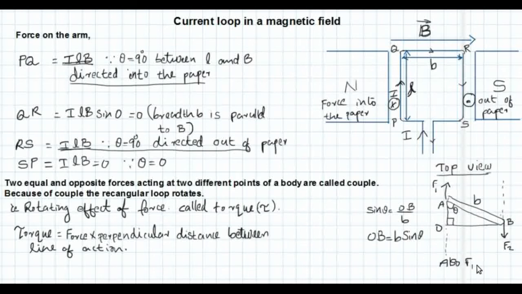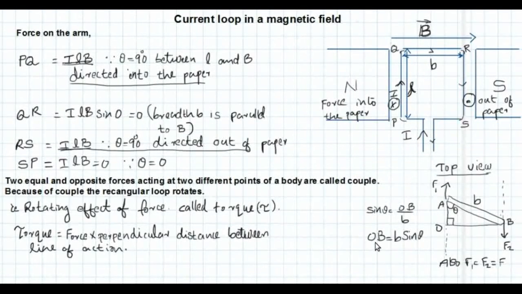So also note that F1 is equal to F2, that is equal to F, and that F is equal to ILB. Magnitude will be equal. Now we may substitute B sin theta in the equation of torque. Therefore torque tau is equal to force F into the perpendicular distance OB. So F into OB, that is equal to, what is F? It is ILB. So ILB,